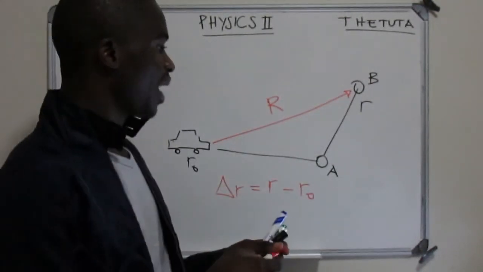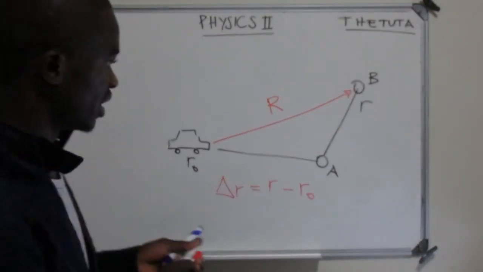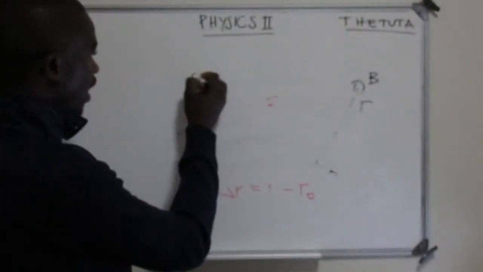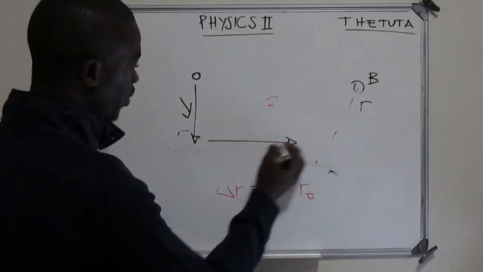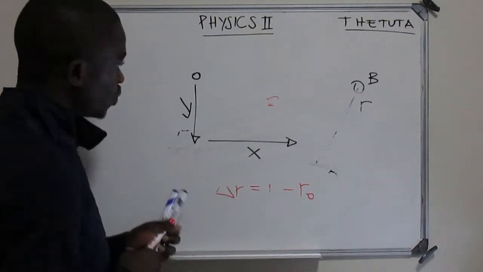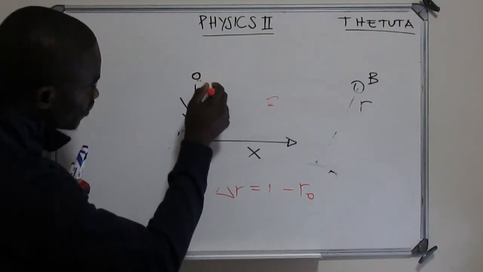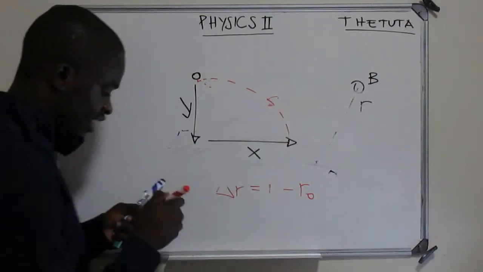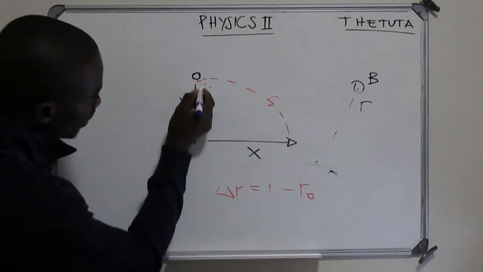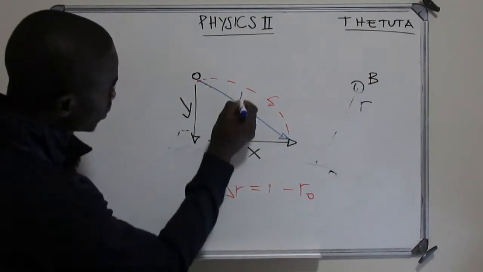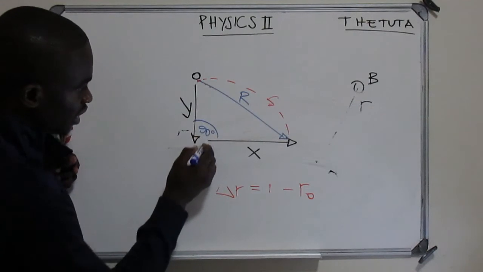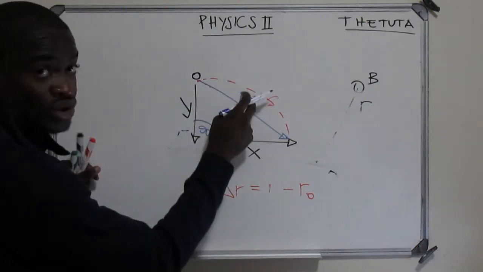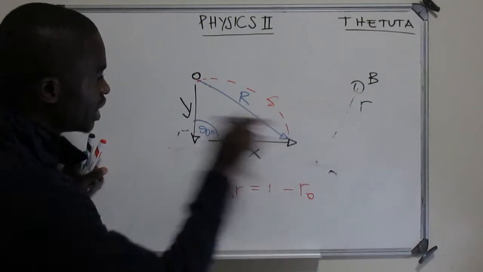But how do we apply it in our 2D dimension? Basically, for instance, if we were given a body with y and then we're given x, the displacement of this free body that is falling down is going to be this tangent. It's going to be r. As you can see, you have a 90 degrees here, so you can apply your Pythagoras to get the displacement of this free body that is falling down. So we are in the 2D.